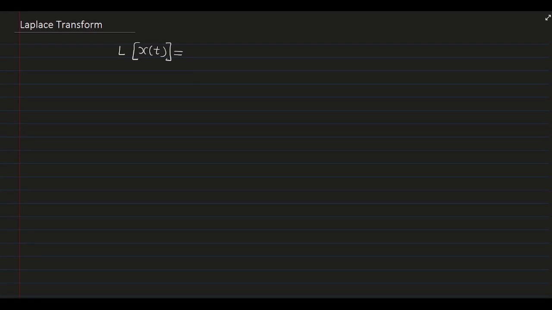Namaste everyone. Today I am going to discuss Laplace transform using Python. Before going to Python, let me go to a notebook where we can understand the Laplace transform first, and then how to use Python for performing Laplace transform, that I will also discuss. So let us first take the Laplace transform, and Laplace transform is